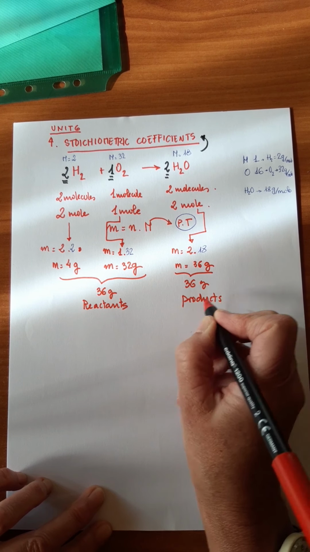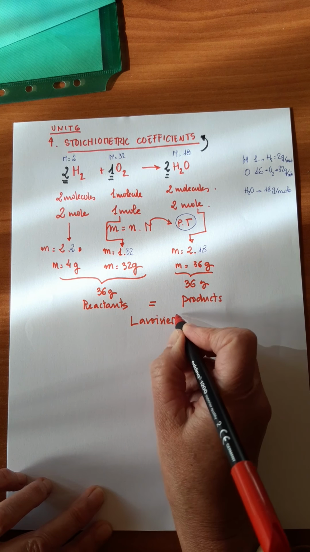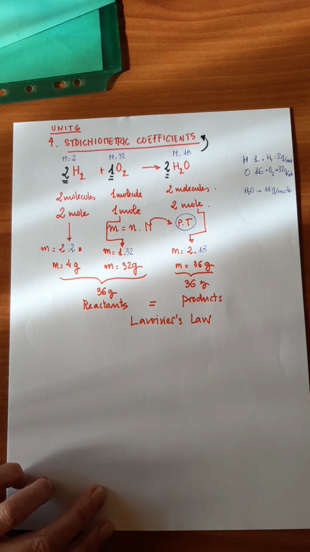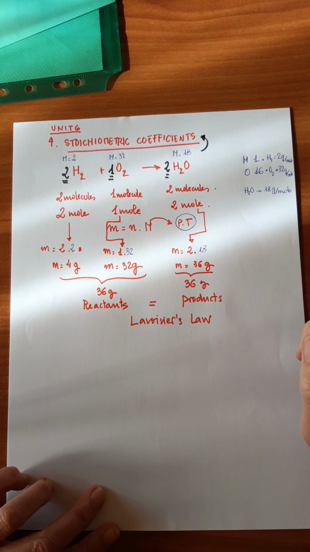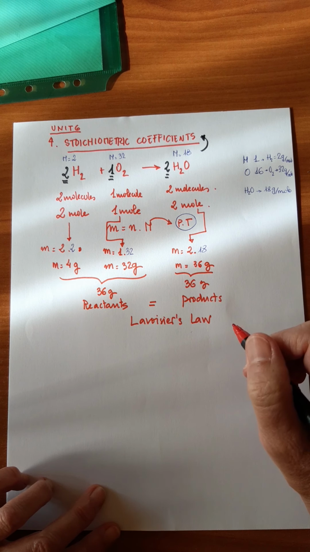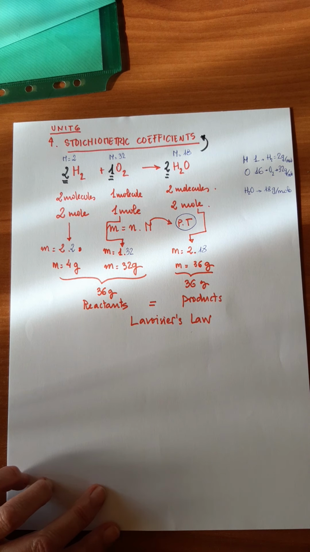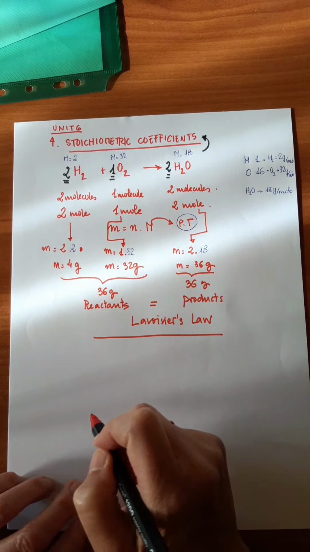So as you can see, this is Lavoisier's law. Okay, because the total mass hasn't changed during the reaction. Why? Because no atoms have disappeared. They have just been rearranged. Okay? The total mass does not change during a chemical reaction. But going back to the example,